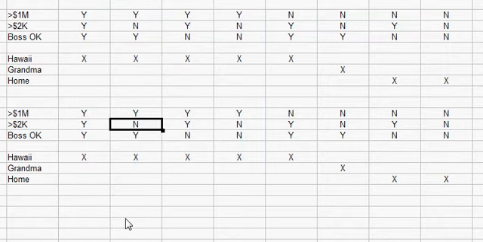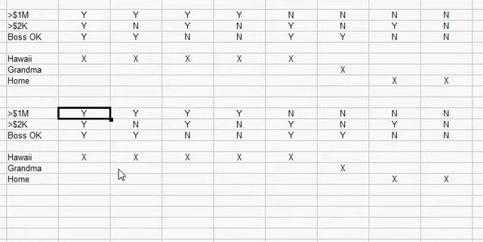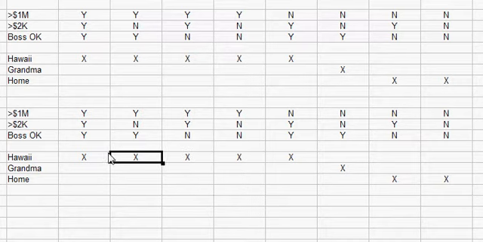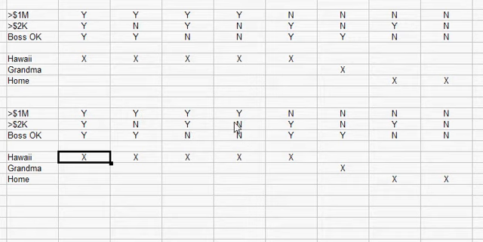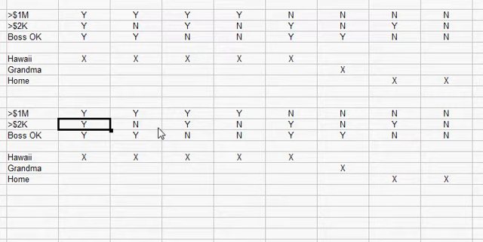So how do we do that? Because if we have over $1 million, over $1 million, over $1 million, over $1 million, we're going to Hawaii. It doesn't matter what the other two are. See here we're varying the no yes, the yes no, the no no, the yes yes. It doesn't matter. So what we can do